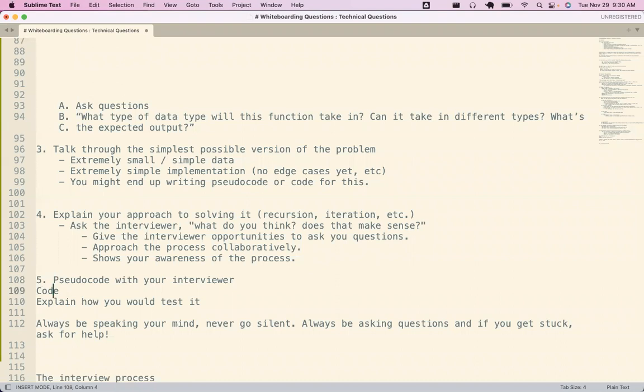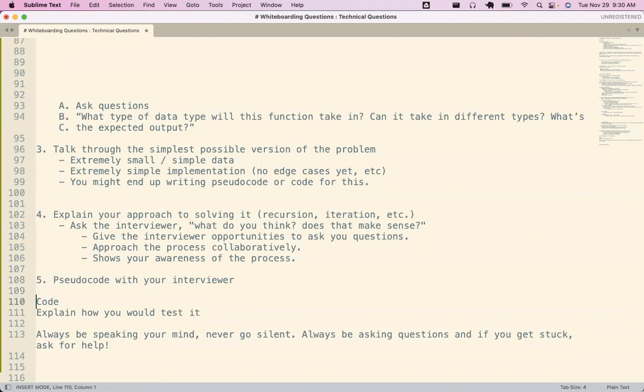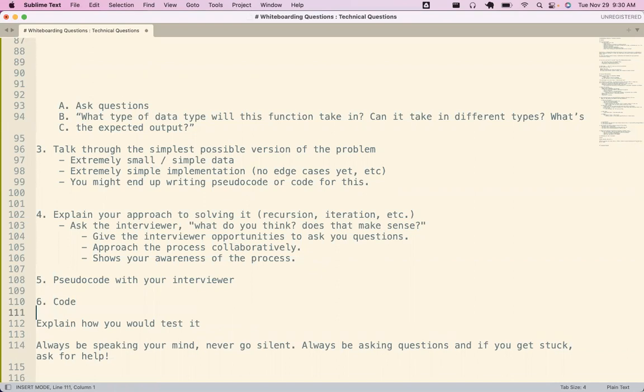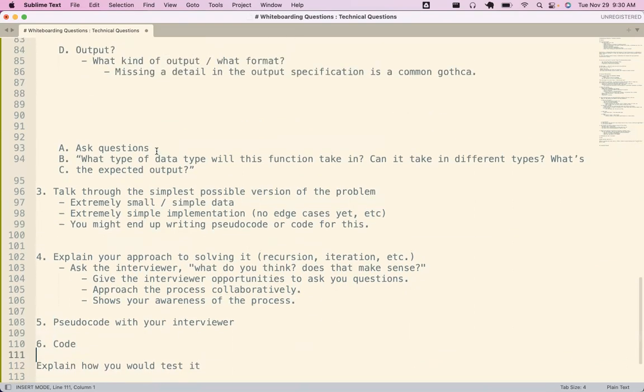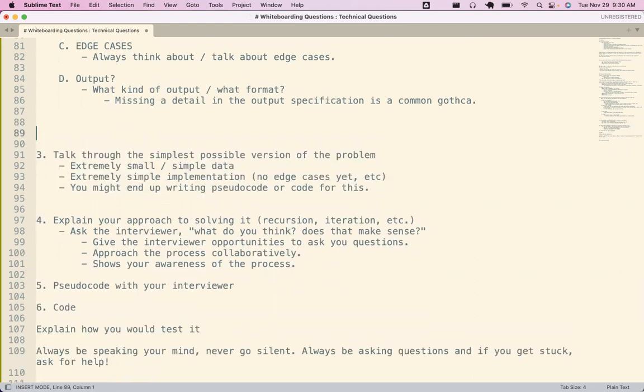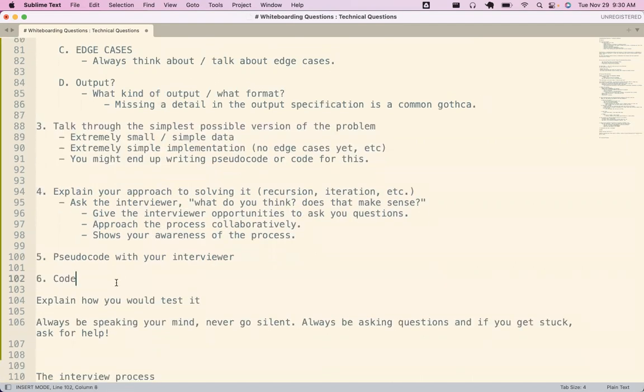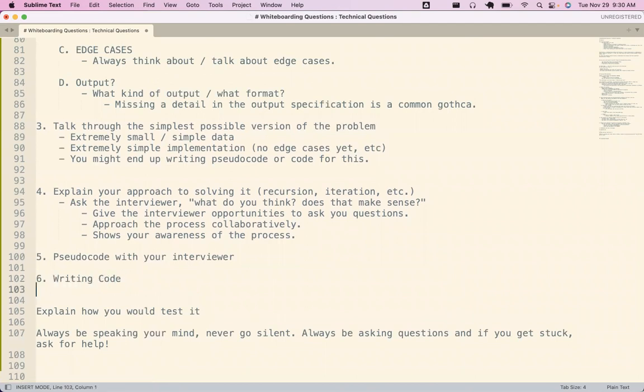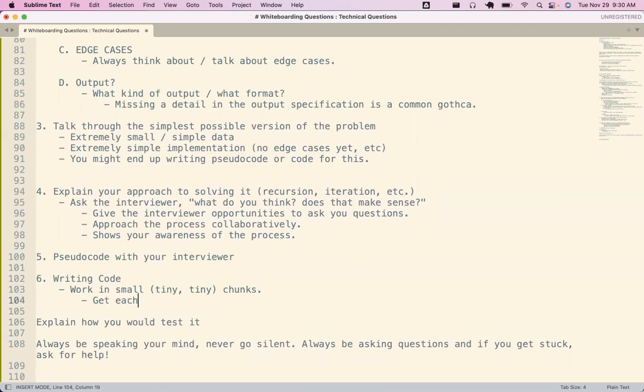The pseudocode with your interviewer step, I think I have really talked through the pseudocoding process already. And then writing code, the really important thing here is work in small chunks. Get each chunk working before you move on.